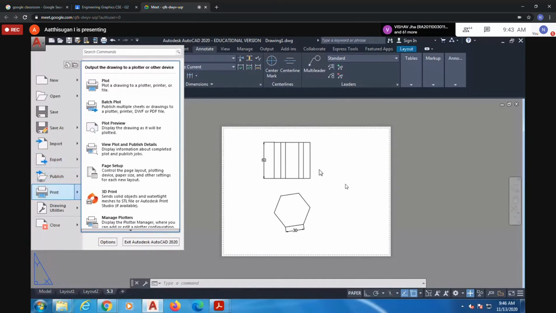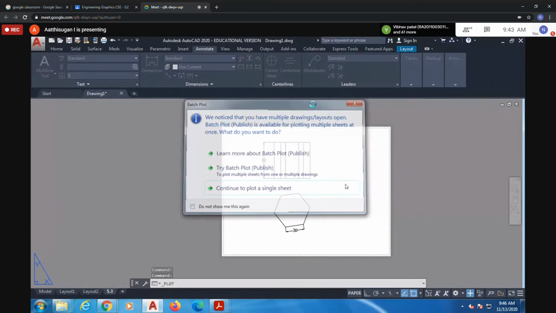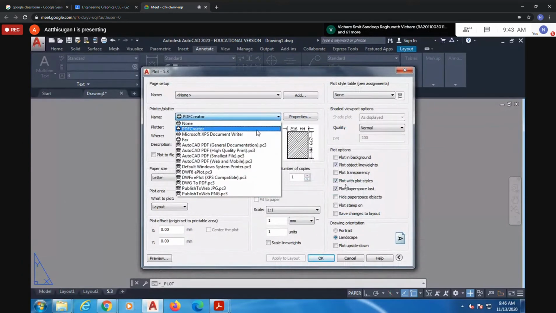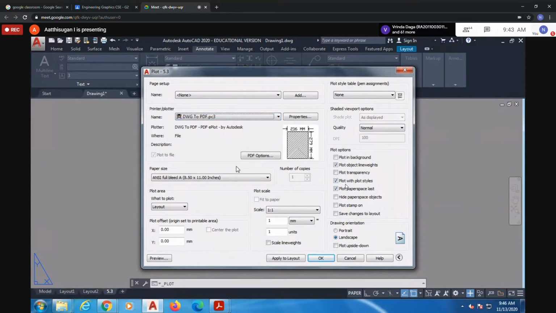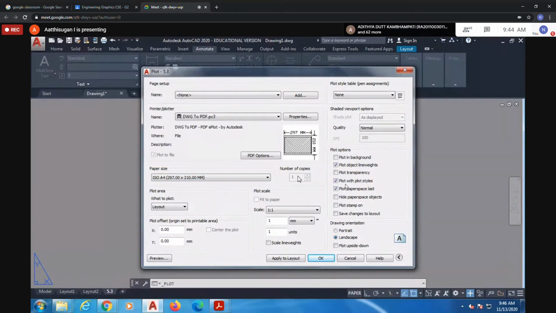So after drawing in the layout, go to print. In the print option, you are going to convert the drawing to PDF. Just click drawing to PDF. Then for paper size, you can take A4 sheets, so ISO A4 size paper. You can add two things: one portrait form, which will be 297 by 210, or 210 mm. Click any one. Make sure that the mm scale should be 1:1.